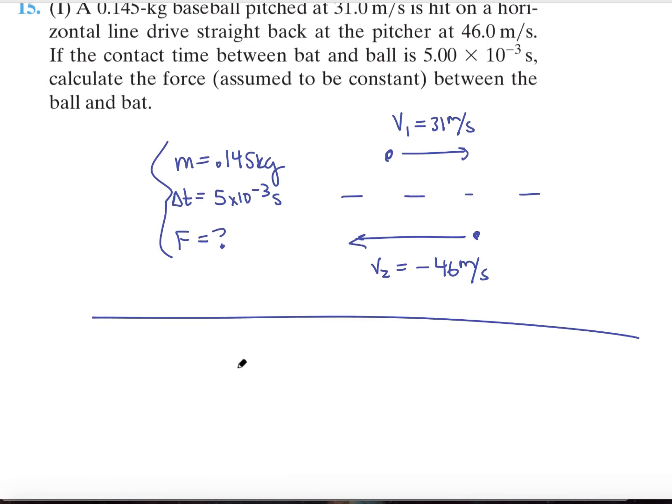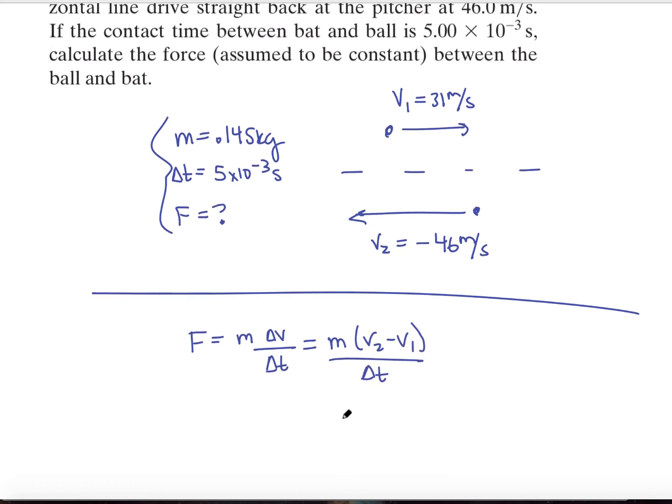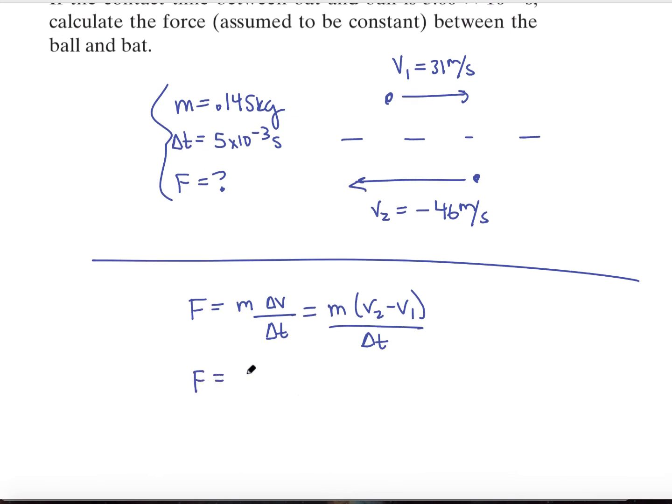So let's take this from our definition of force with change in velocity over time. We actually have everything except for our change in velocity. So let's rewrite this as mass times V2 minus V1 over delta T. Now it's pretty apparent that all I need to do is substitute 0.145 kilograms times negative 46 minus 31 over our 5 times 10 to the negative third, which we can rewrite if we like as 0.005. And we find when we plug this into our calculator, we get a force of